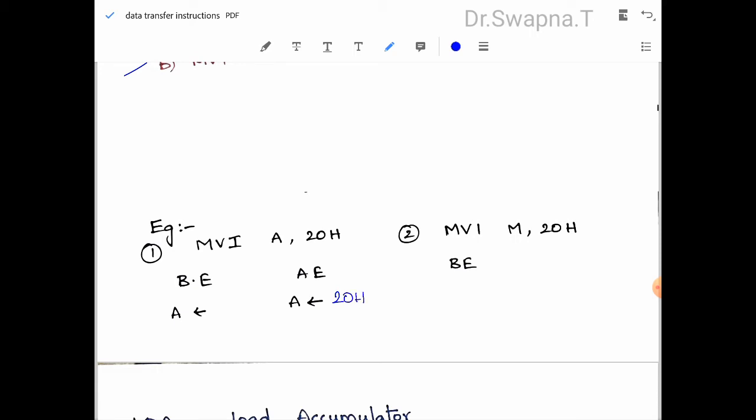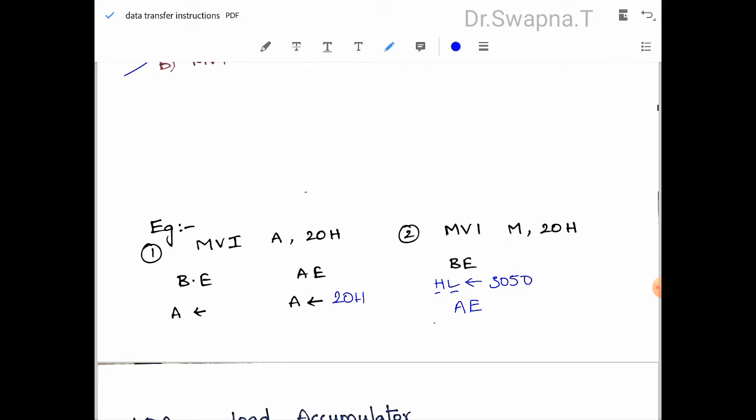Let's see the second example. Move immediate M comma 20H. Before execution, let the HL pair have 3050. Always remember that M refers to the HL pair. H will have 30, L will have 50. So after execution,